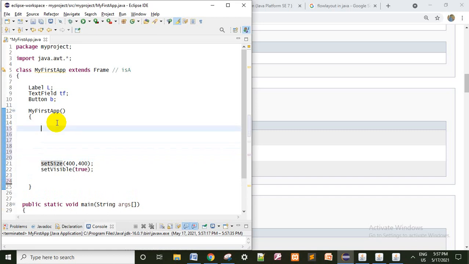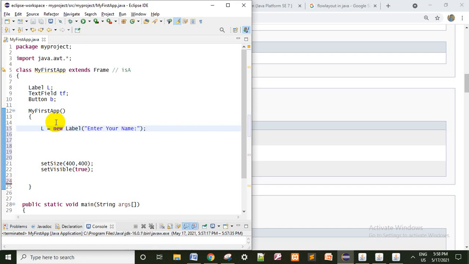Now first, what I am doing, I want to add the label. L is the label reference variable already created before the constructor. So I am taking L equal to new Label, enter your name, colon, then semicolon.